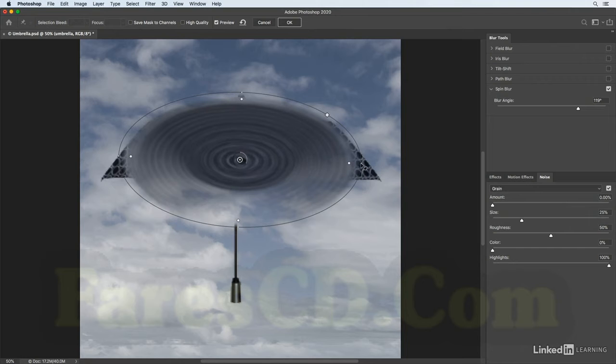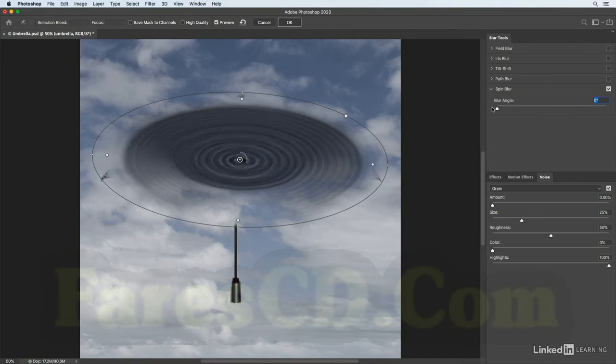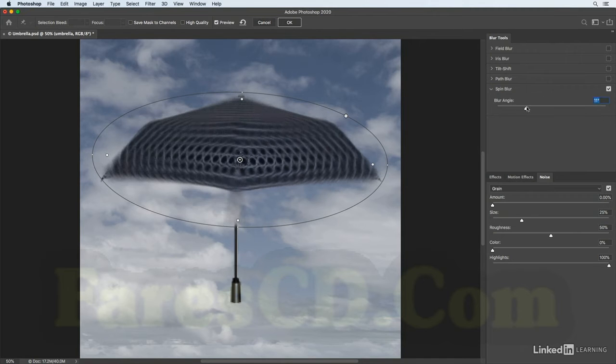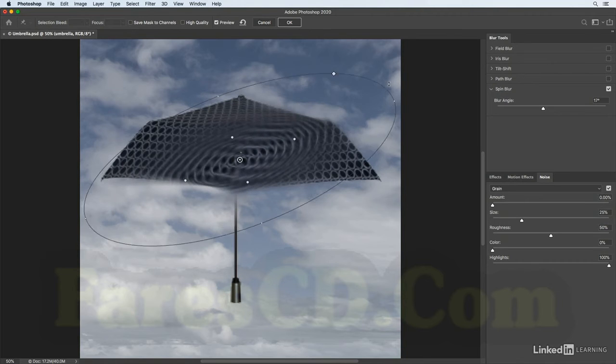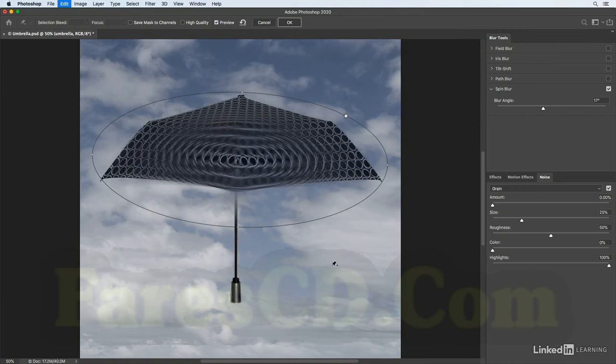Now let's really cut back on the blur angle. I'm going to bring that down to somewhere around 17%. These larger dots designate the fade range, so if I move them in towards the center, we can see that the blur is being applied inside of those blue dots, but between the larger blue dots and the smaller ones, it's starting to fade. If I needed to rotate this, I could click on these small dots and then drag to rotate it. I'll use Command Z or Control Z on Windows in order to undo that.